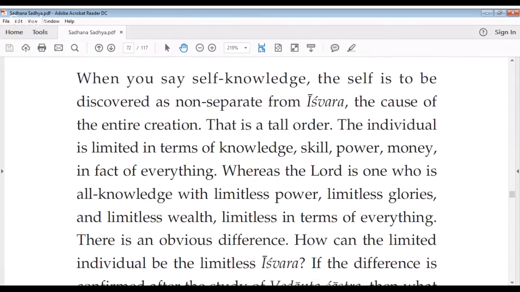When you say self-knowledge, the self is to be discovered as non-separate from Ishvara, the cause of the entire creation. That is the tall order. The individual is limited in terms of knowledge, skill, power, money, in fact, of everything. Whereas the Lord is one who is all knowledge, with limitless power, limitless glories, and limitless wealth, limitless in terms of everything. There is an obvious difference. How can an individual be the limitless Ishvara? If the difference is,